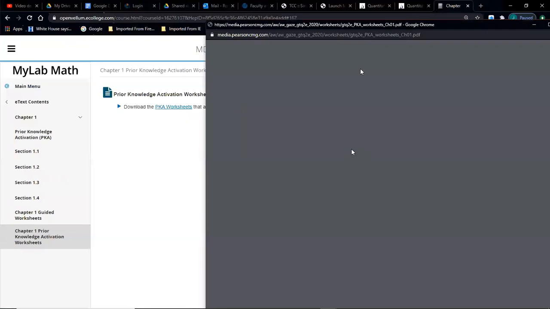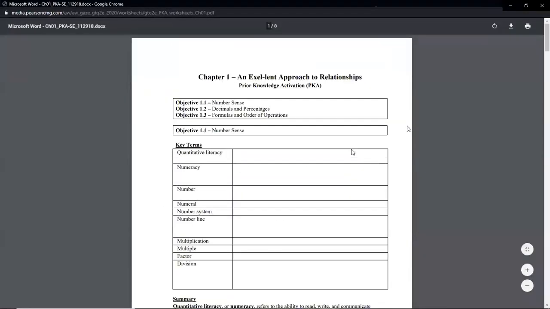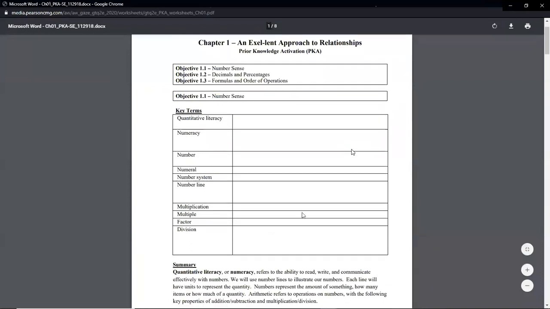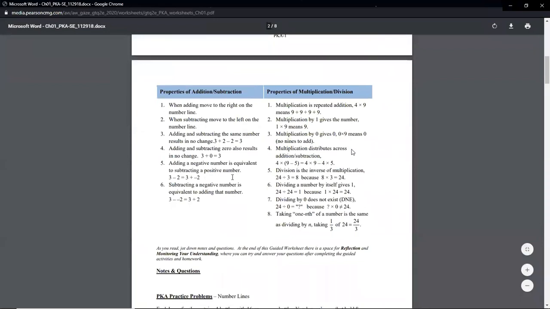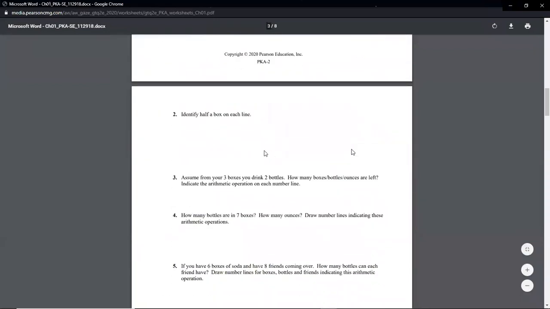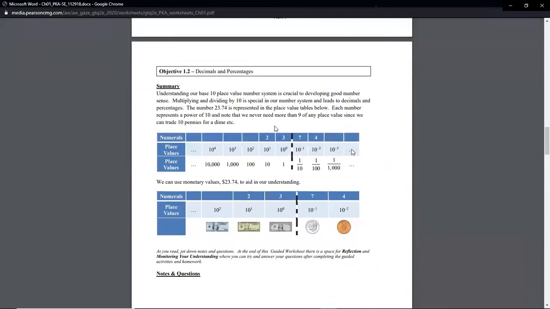You can download and open it up. And you've got some different definitions, some properties. This is just like a lot of notes and stuff, and then similar questions. So it's kind of like a guided assignment if you wanted to do it. And I might be pulling things from this every now and then, just not yet.